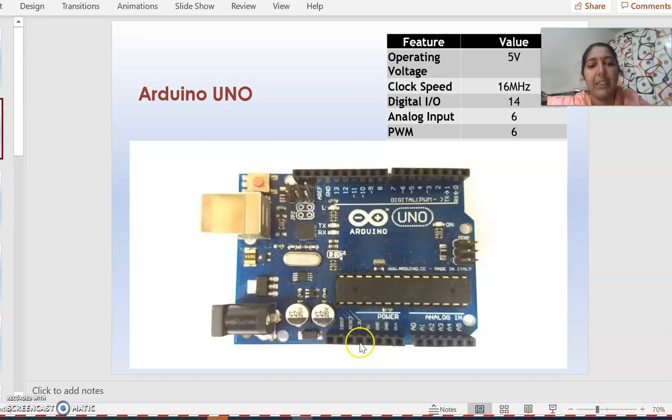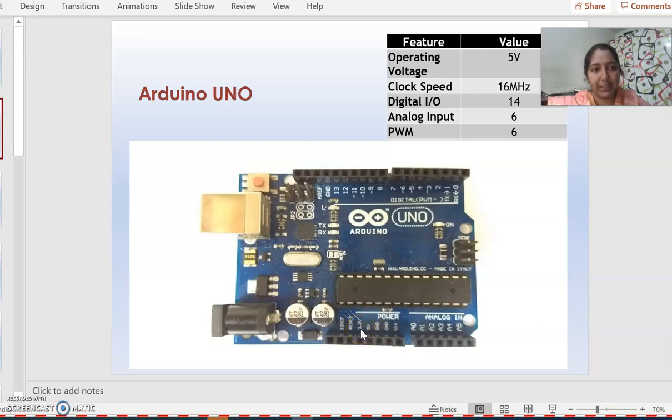And the next one is, this Arduino board contains two voltage pins. One is 3.3 volts and another one is 5 volts. These two voltage pins are used to supply power to external devices such as input and output devices. Mainly the 3.3 volts can be used to connect Bluetooth devices, and for so many sensors like the moisture sensor, for all those types of devices we require this 5 volts.